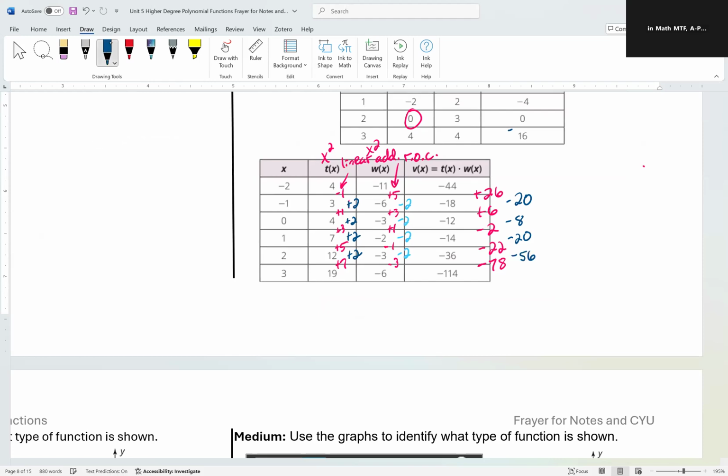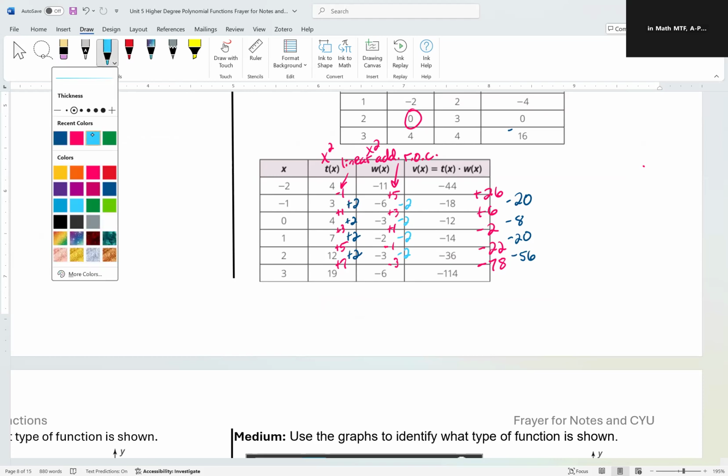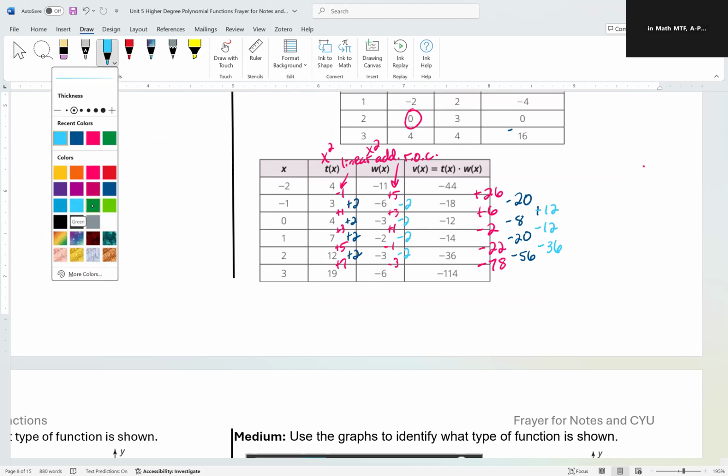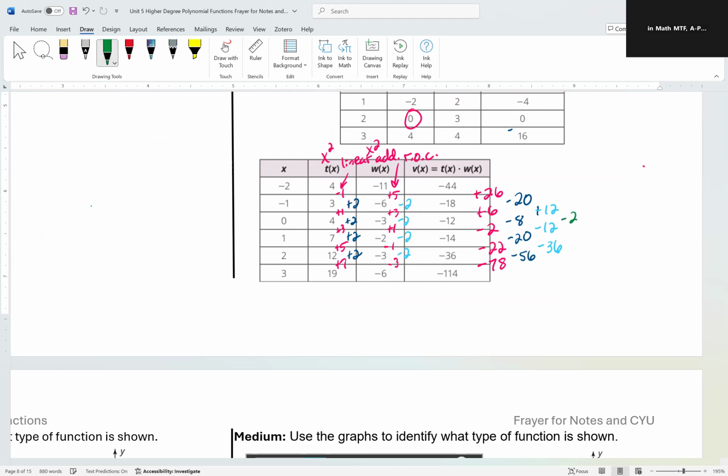All right, nothing constant yet, so I've got to keep it going. +12, -12, -36. And finally, after all of this work, -24, -24. Constant additive,